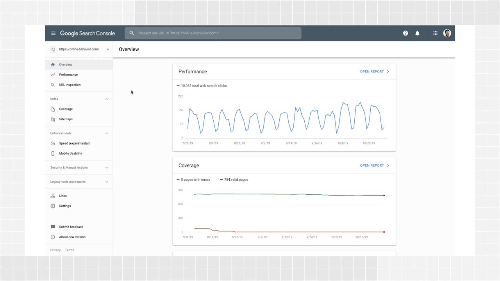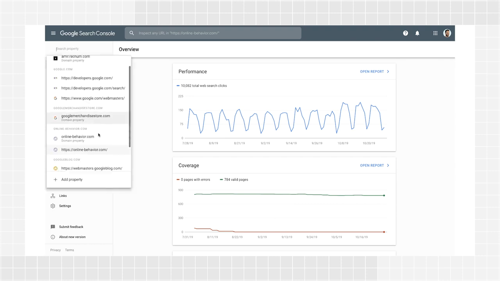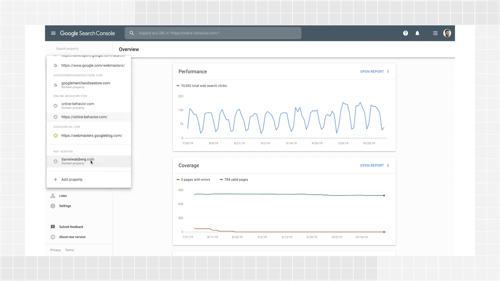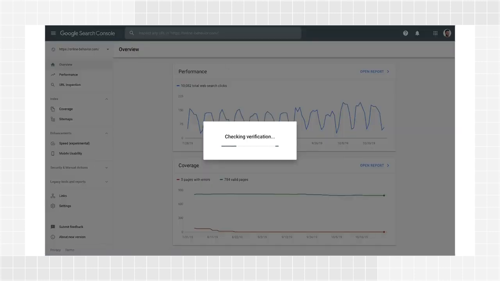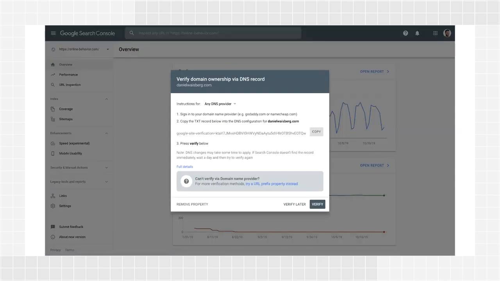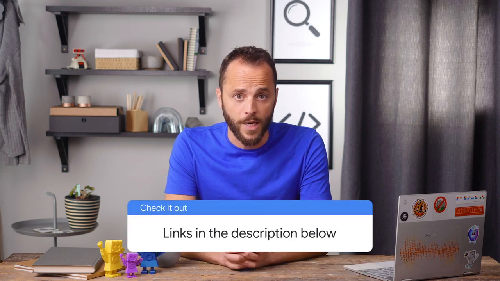Just choose the unverified property from the Properties dropdown and it will try to verify you automatically. To stay verified, don't remove the DNS record, even after verification succeeds. If you perform the steps above and your verification does not succeed, check the full details link mentioned previously to learn about potential errors. You can find out more about those errors and how to handle them in the Help